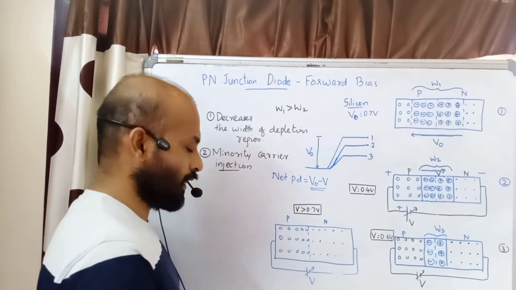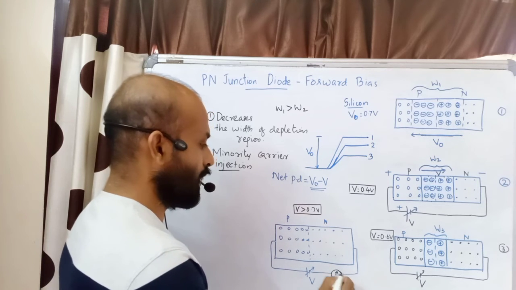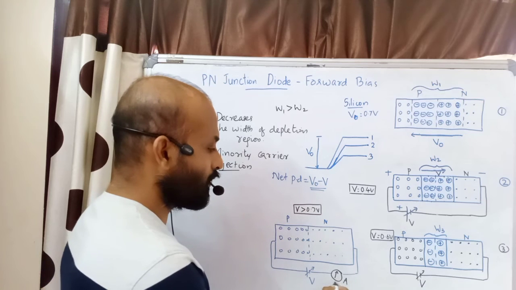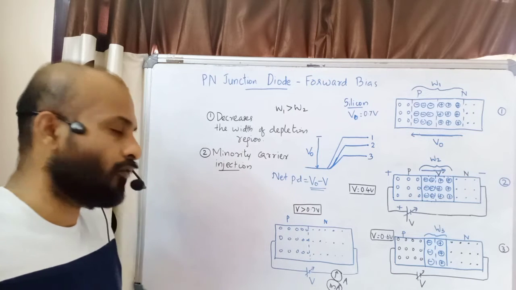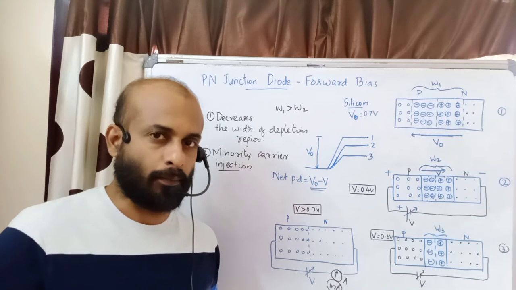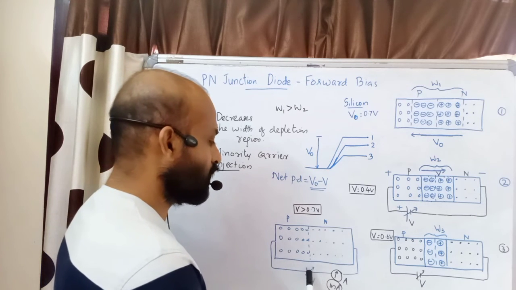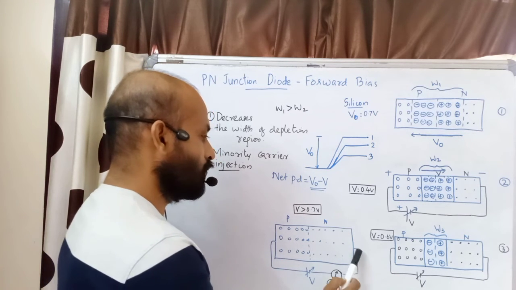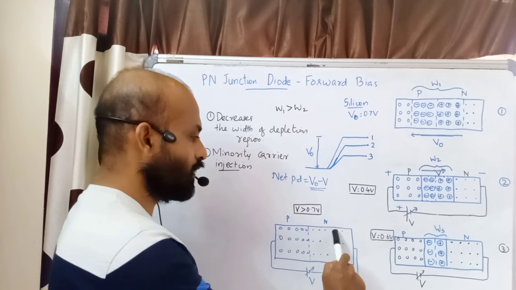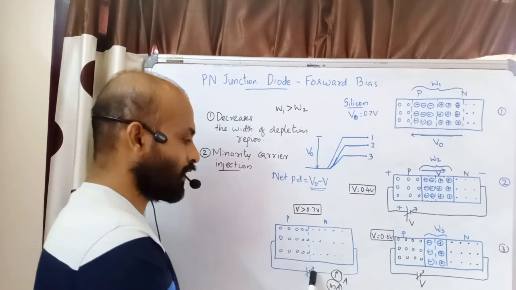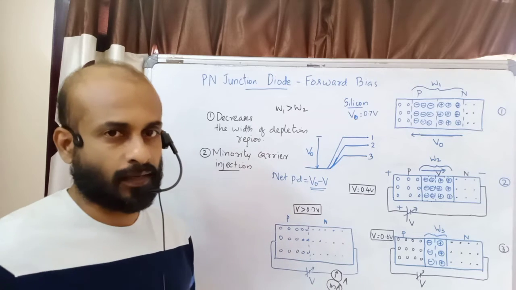If you connect an ammeter here, there will be current shown by the ammeter. The ammeter will offer some resistance, but the current will be in the milliampere range. So the current during forward bias will be in the range of milliamperes. Now we can say that the electrons start from the negative side, move through the junction and reach here like this. Holes also move in the opposite direction. So electrons start to move from the negative side and reach the opposite side. This is called current conduction.